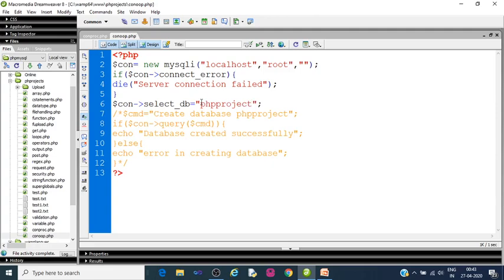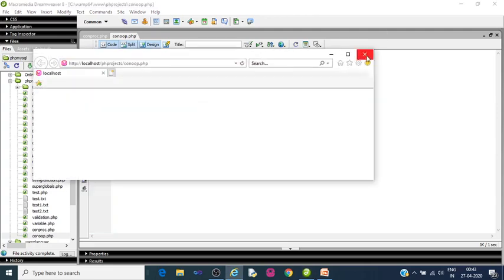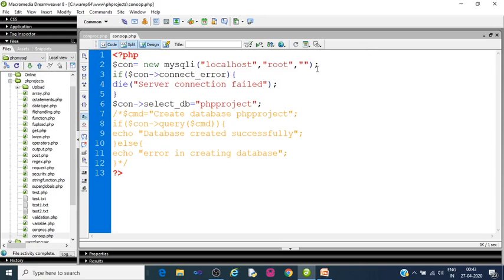Save it, press function 12. It will work. Either we can pass it in the MySQLi object itself, or we can add it after creating the object.